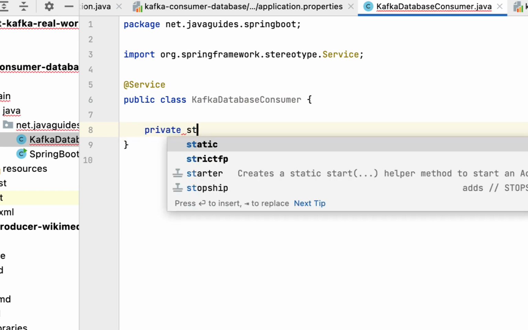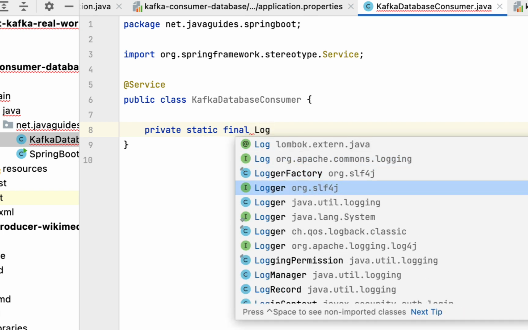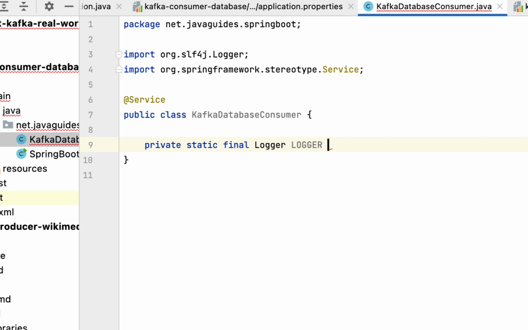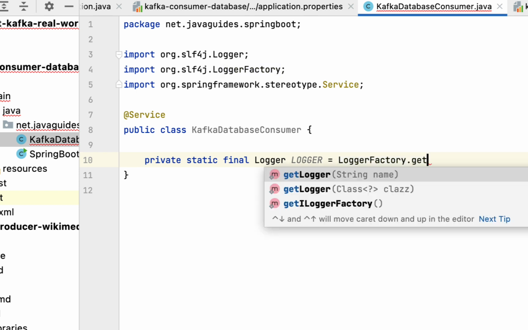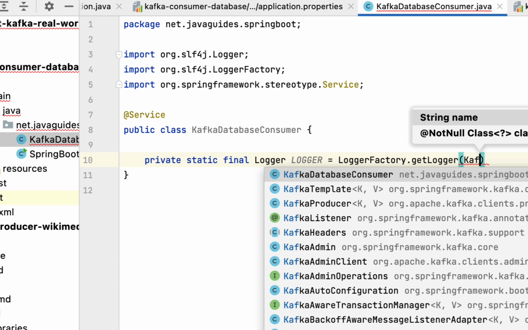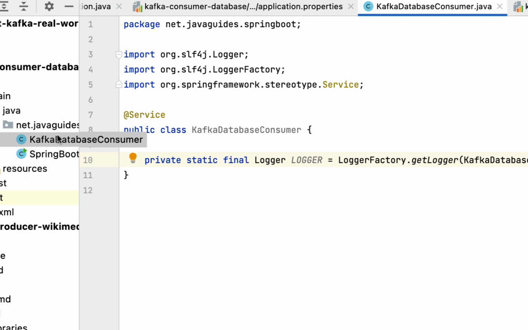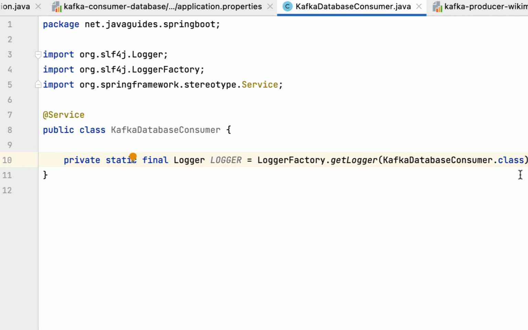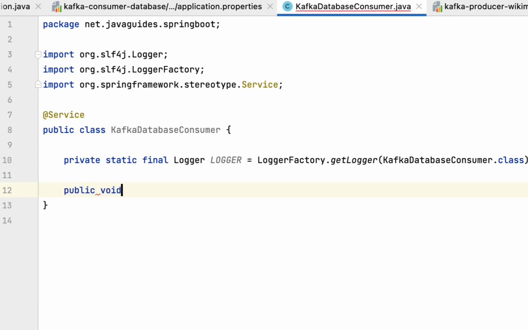Then let's create a logger instance. Let's say private static final Logger from SLF4J, then the variable name, and then LoggerFactory, call the getLogger API, and then pass the class name, that is KafkaDatabaseConsumer.class. Perfect. Now we have created the logger instance. Next, create a method. Let's say public void, and let's give the method name as consume, and let's annotate this method